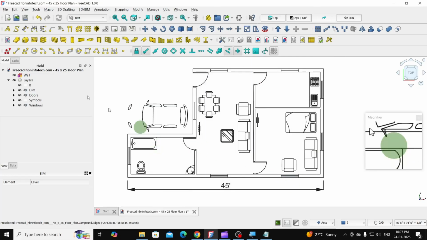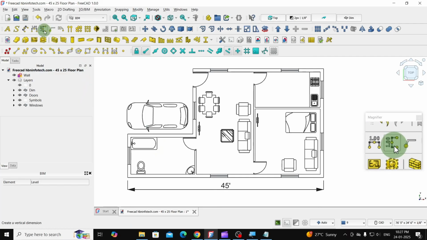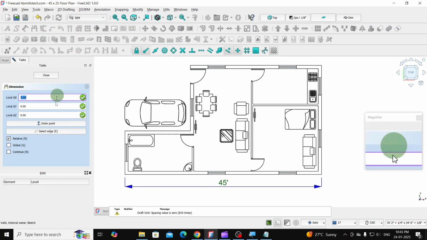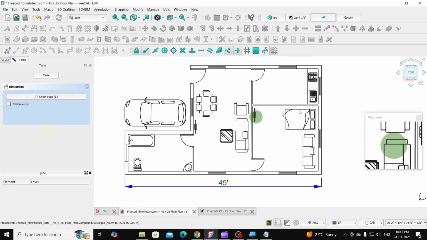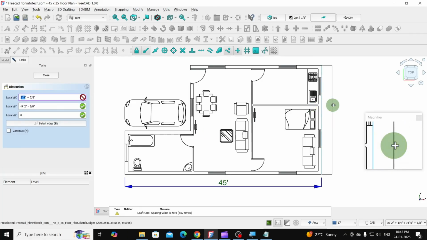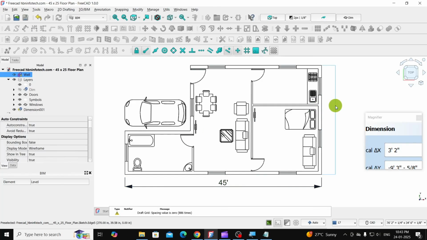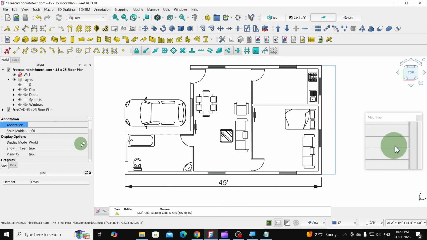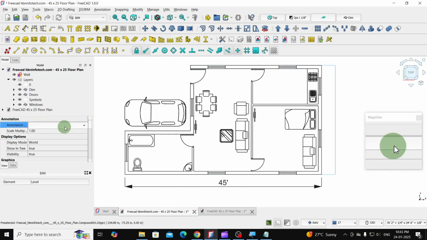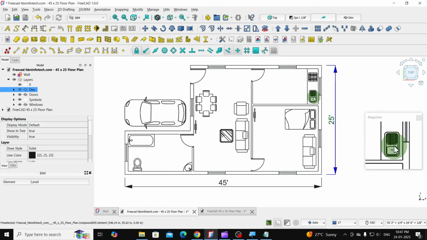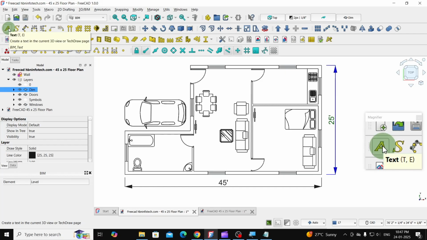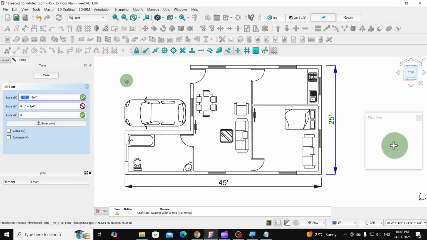Now let us create a vertical dimension, then click on select edge, click on this line, move the mouse and click here. Now you can scroll a little up and you can see this drop down. Click that and select the dimension style that we created earlier. Next, let us create the annotations. So click on the text and click a point somewhere here,